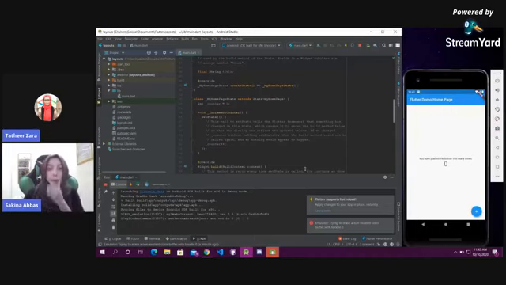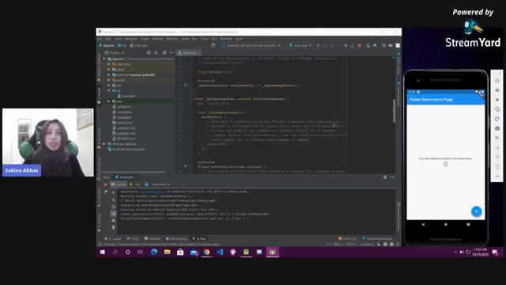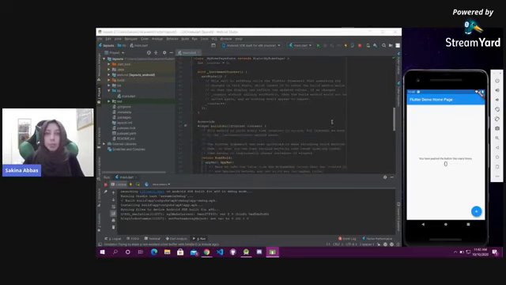Okay, so I will be taking the rest of the questions just in a moment. I just want to demonstrate to you how this thing is working. As you can see, whenever you create a basic project, in fact, any project in Flutter, it generates this boilerplate code, this boilerplate application for you that you can experiment with. So it already generates this for you by default. What this does is that you press this plus button and it keeps incrementing this counter over here, and you can see it being incremented over here.